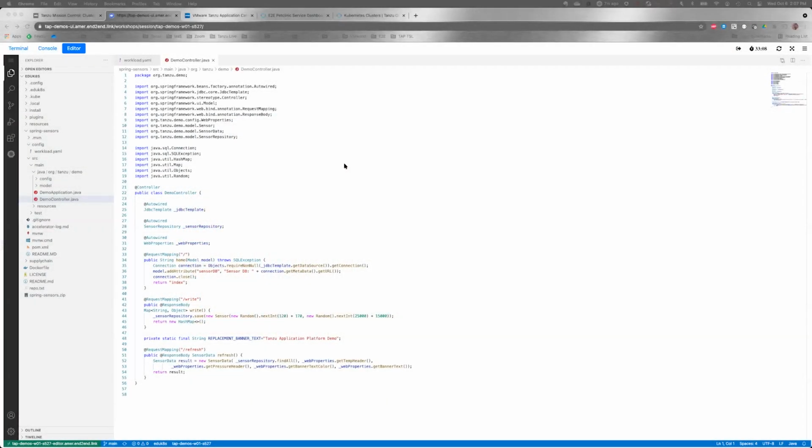Alana, I'm so glad you're here to help me because I'm really excited. The line of business has tasked me with getting this new application out. It's a sensor data tracking application that's going to be able to generate and store data. I've been developing it on my local desktop, and it's just a regular Spring application here that I've been writing the code for. I've got it working locally, but